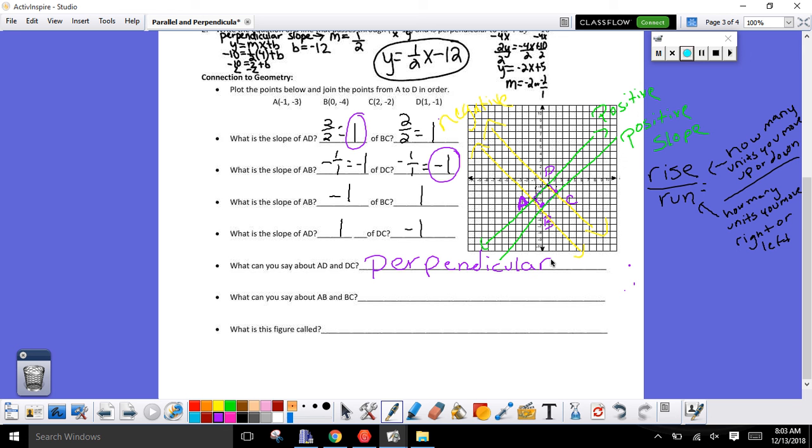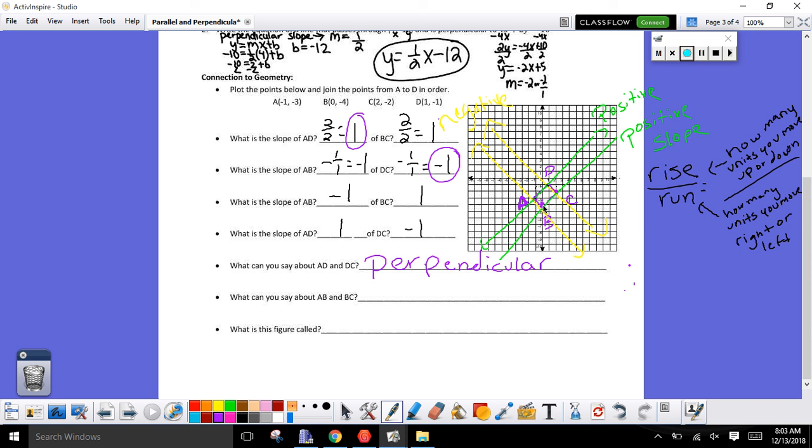Now, because I have a 2 over 2 and a 1 over 1, that doesn't change the fact that my final answer is a 1. So you're always going to compare your simplified slope, not the original rise over run. You're always comparing your simplified slope,